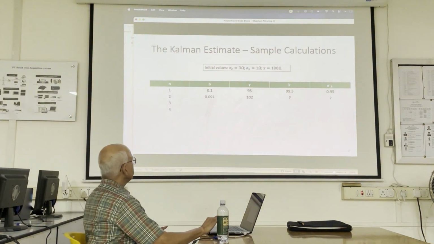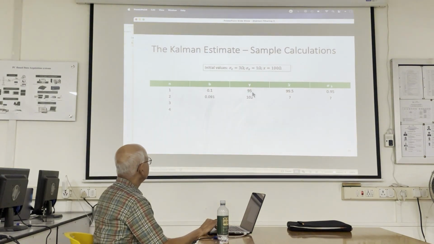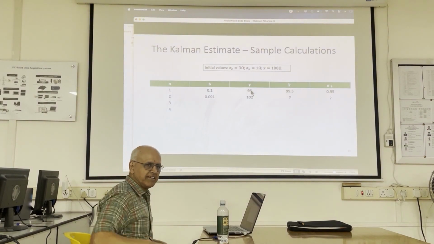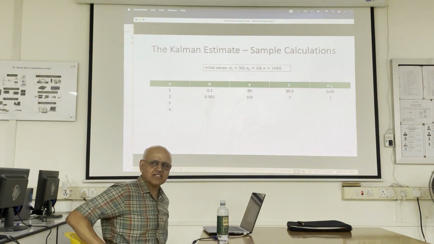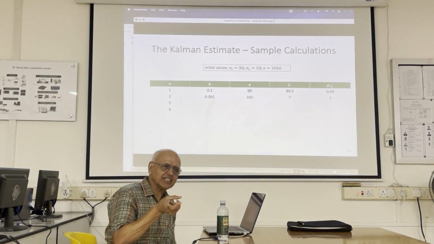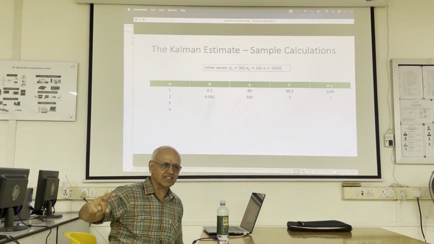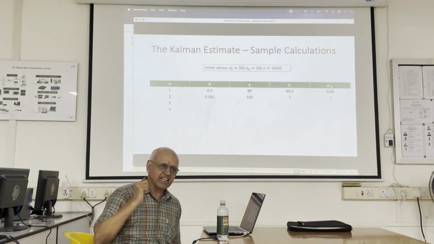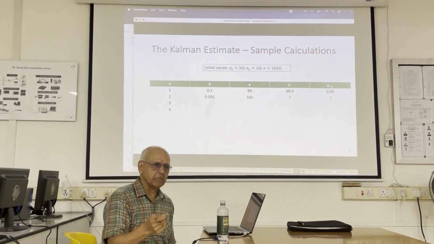But I made up these numbers, like 95. Okay? So I said, hey, my multimeter gave me 95. What is the better way to do this? I should really have drawn a number from that Gaussian distribution. Me making it up is biased, right? I should get MATLAB to spit out a number, and then I should have